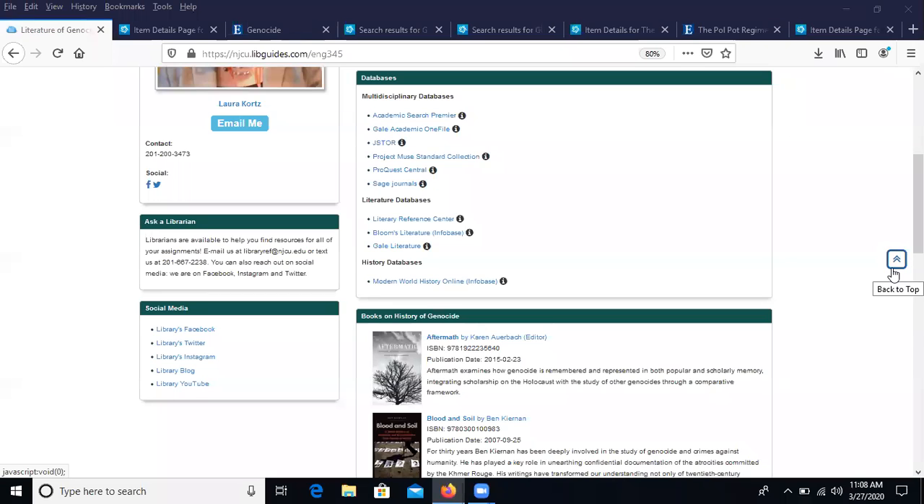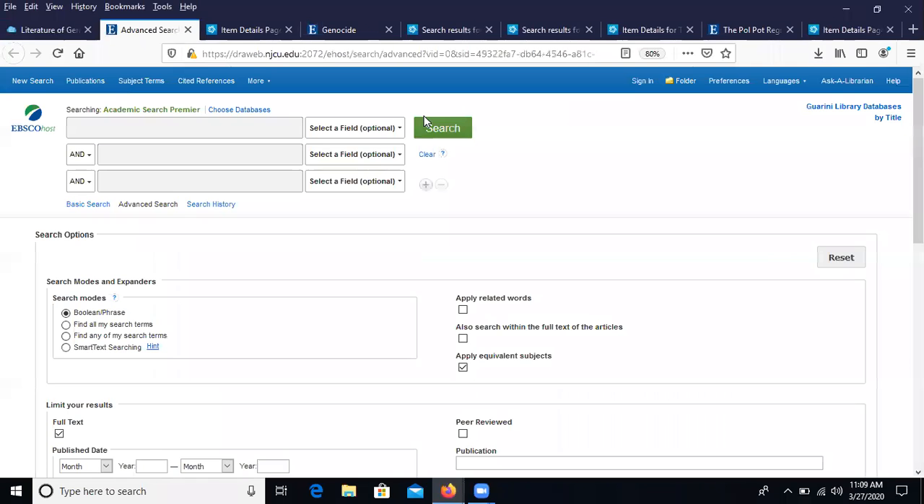So what are databases? Usually when I'm face-to-face, I like to ask students, how many of you have used the library's databases, just so I can get a sense of how familiar people are with them. And typically what students say is that they've used EBSCO the most. Now, EBSCO is a company that provides hundreds of different databases. But usually what students mean when they say they've used EBSCO is that they've used Academic